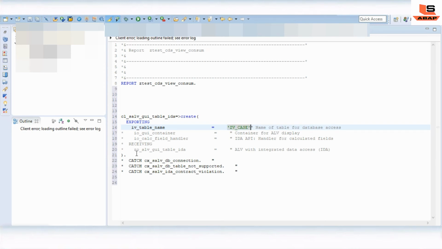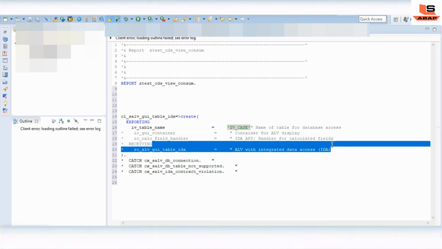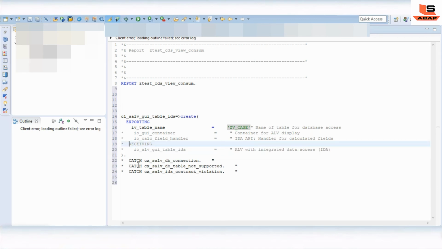Okay, view. And now as you can see here, we have a receiving parameter, right? First of all, let me uncomment it. Here it will retrieve the data. Before that, we just need to define the reference variable for it.